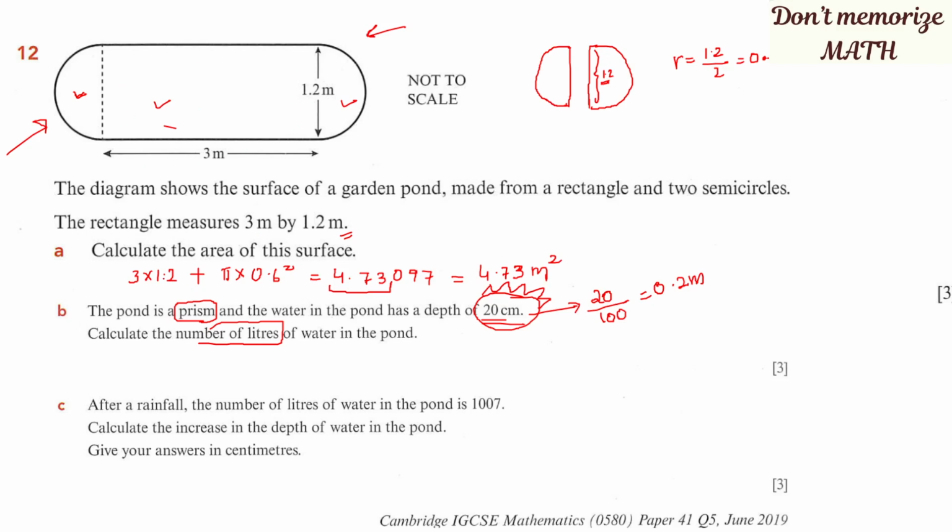Base area. What is base area? Base area is this area, that is 4.73097, times the height, which is given as 20 centimeter, that is 0.2 meter. In the calculator I will give you one trick. You already have the same answer in the calculator, right? So just press the multiplication sign, no need to type the 4.730, because our final answer in the calculator is the same. Press the multiplication sign and type point 2. So you will get the volume as